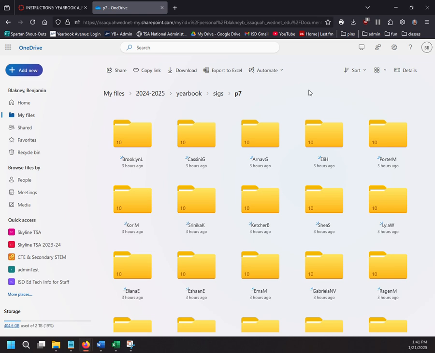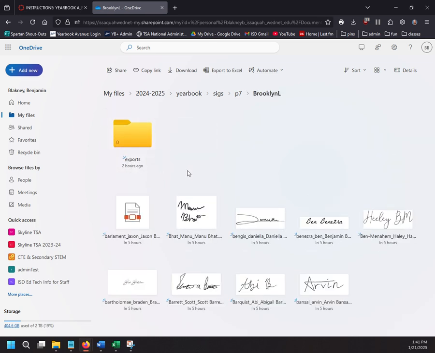Some of them are correctly submitted. And the way that the cookie crumbled, you won't have any signatures to digitize at the current state. That's not the case for all of you, but if your signatures are all correct, then you don't have anything to do. If your signatures are incorrect, I'll use Brooklyn's folder as an example, you will see here that